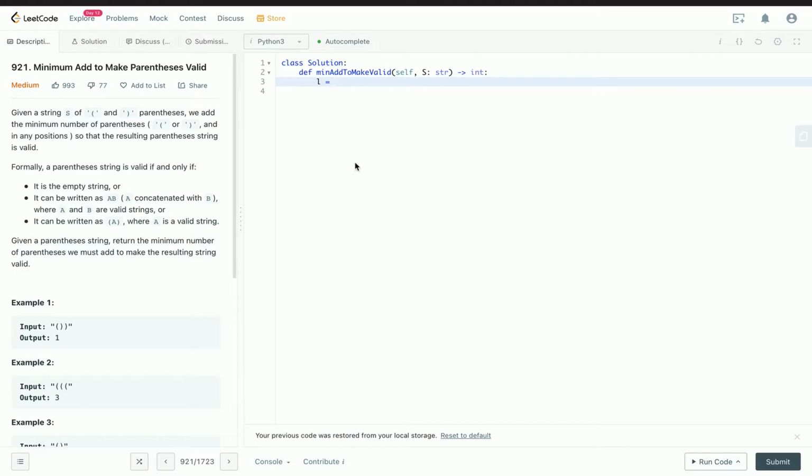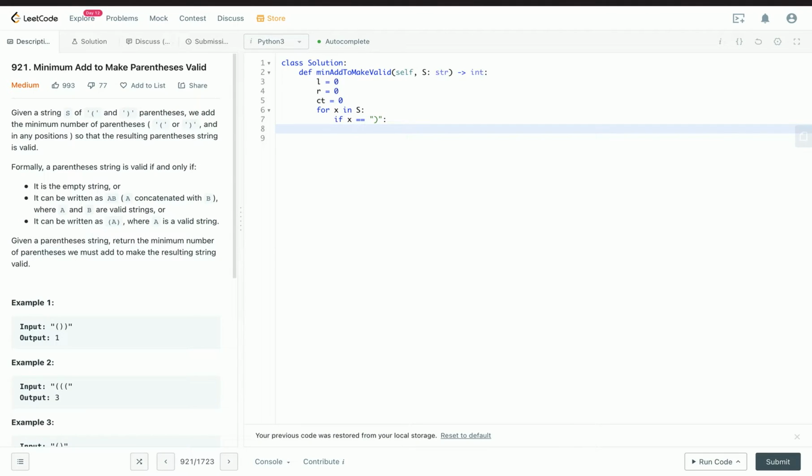The O(1) space solution is like this: I have the number of left parentheses, and we initialize it to 0. We have the number of right parentheses, we initialize to 0, and we have our count, which is our result, and we initialize it to 0. And for each character or each symbol in the array, if it's a right parenthesis,